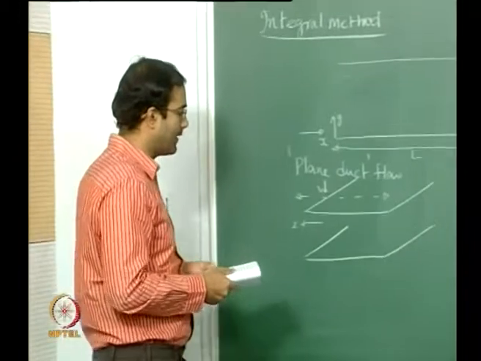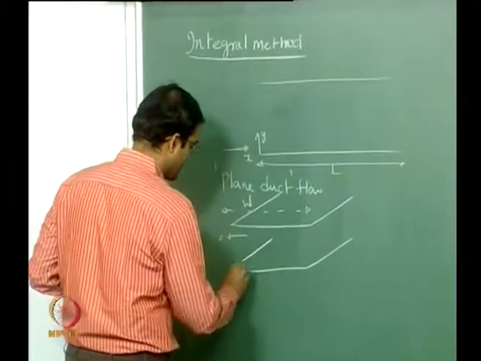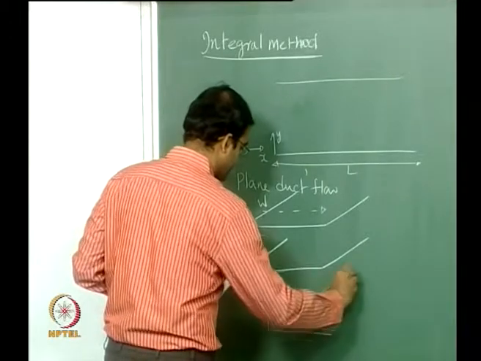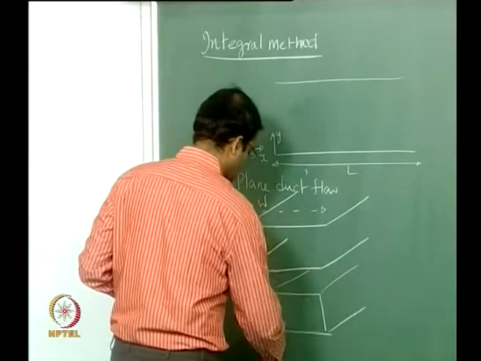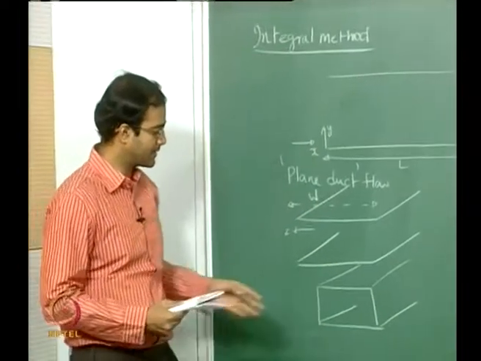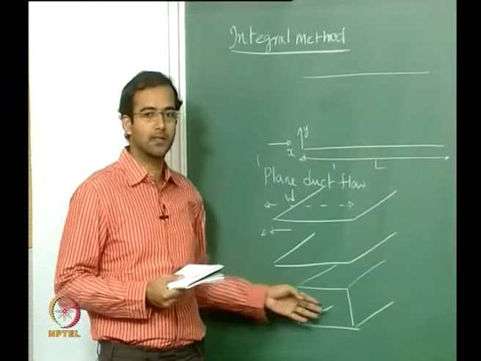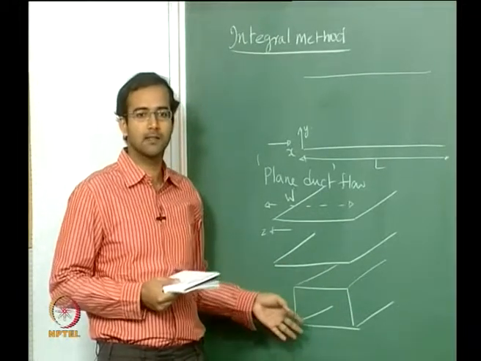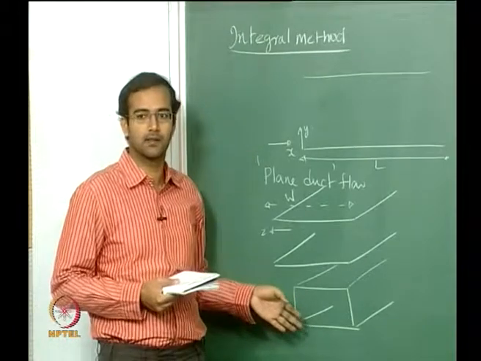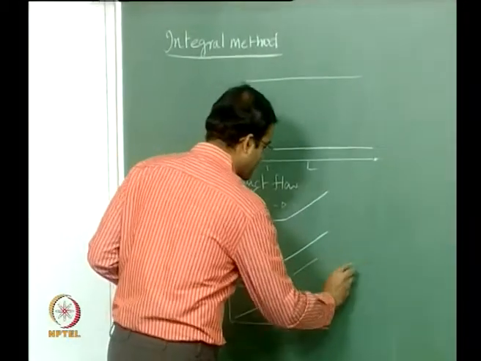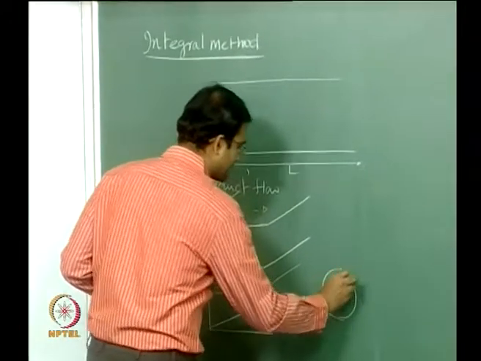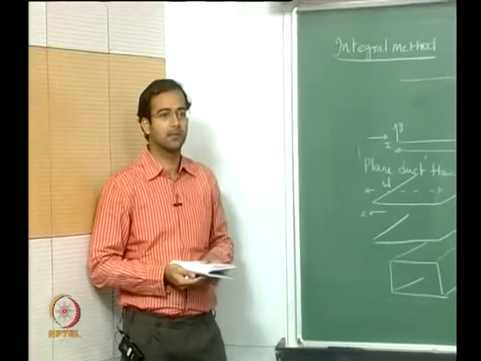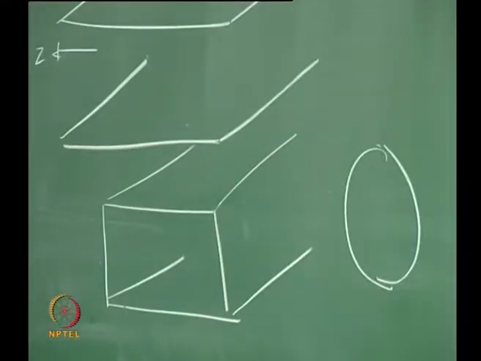Whereas if you have a certain cross section to this, suppose you replace this by a rectangular cross section. Okay. So here you can see the boundary layers may start growing on these lateral walls also, apart from the top and bottom. So then clearly this is not a 2-dimensional flow, this becomes 3-dimensional. Same way with the case of a circular cross section. Okay, the boundary layers start growing simultaneously from all the walls,